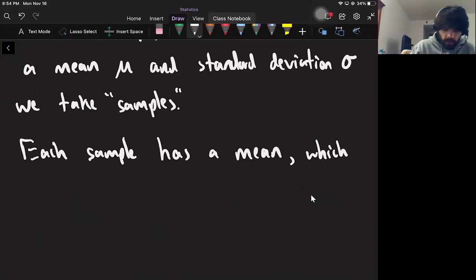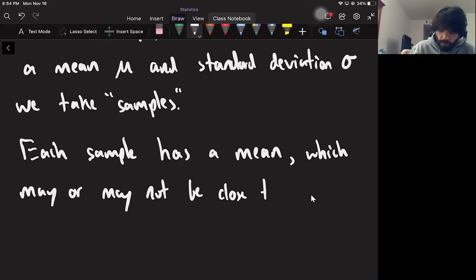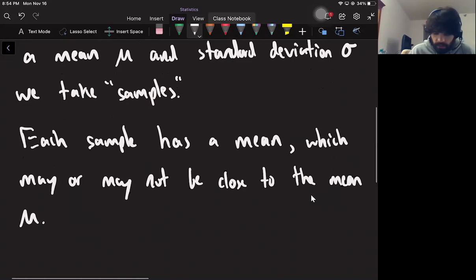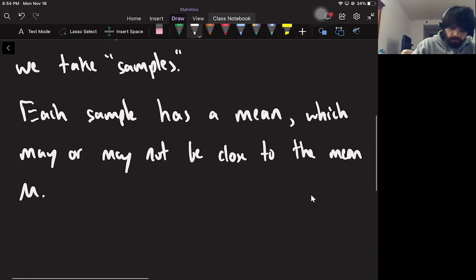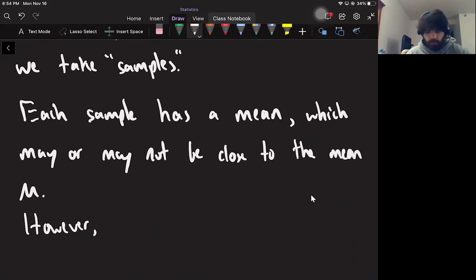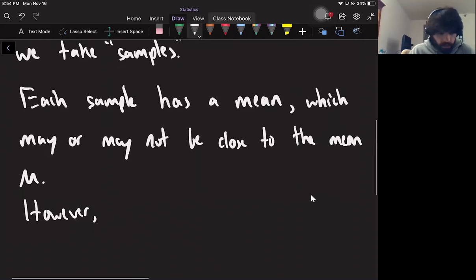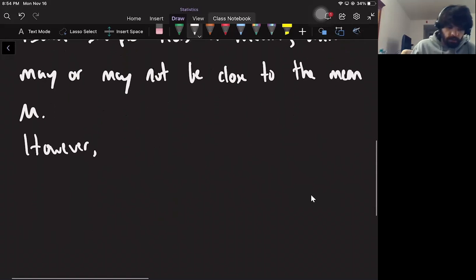So each sample has a mean which may or may not be close to the population mean, meaning this fancy letter mu. But that's okay because something interesting happens. So that mean that you found from that sample, it might be right on the money, it might be way off, but that doesn't matter because what we can do,